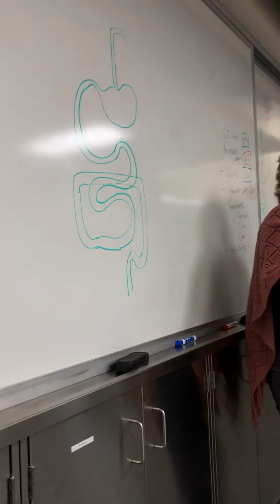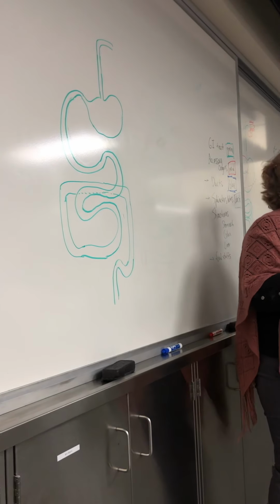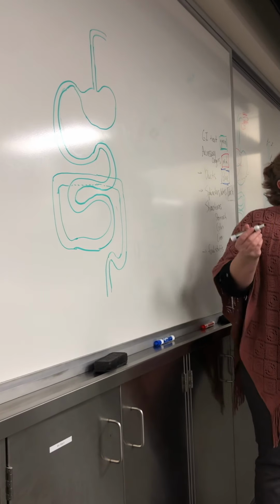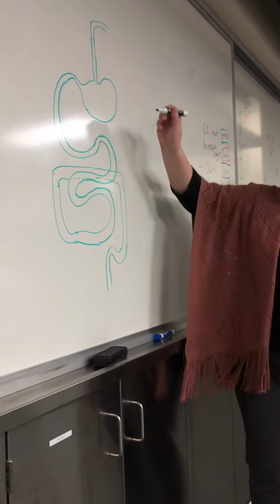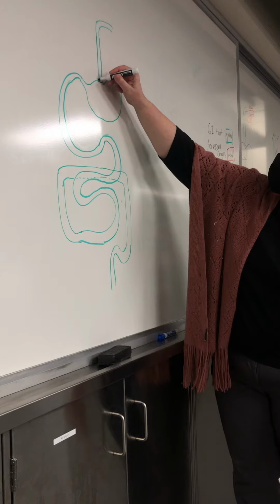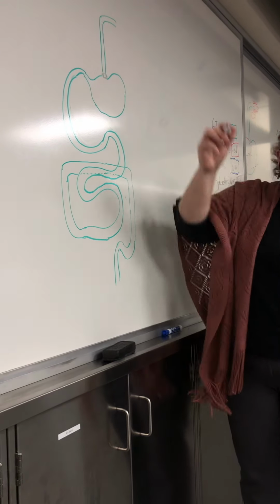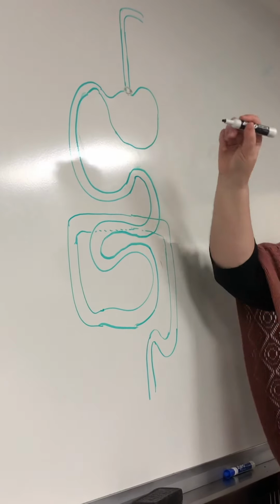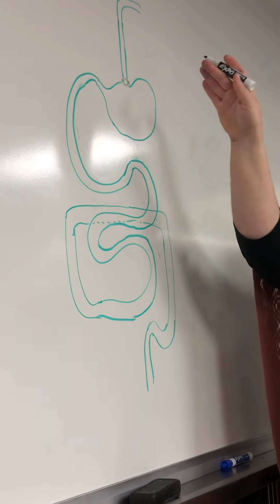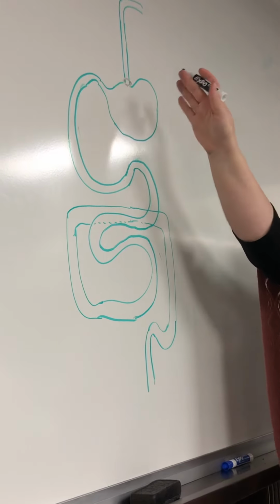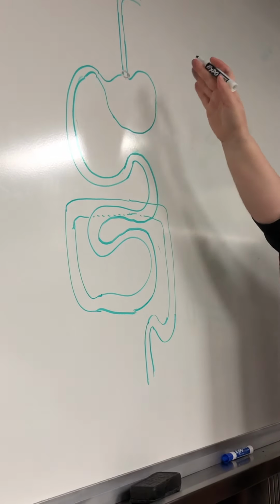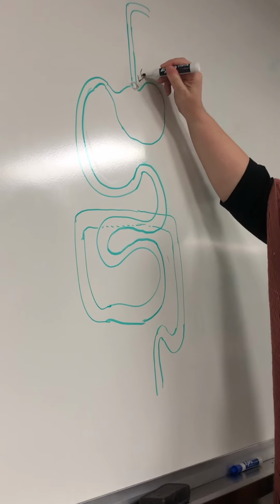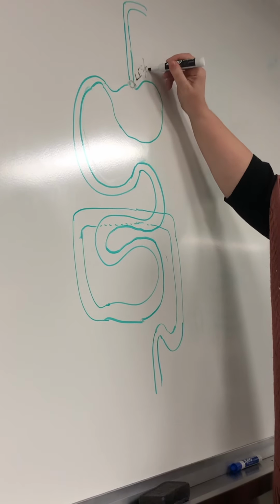All right, the first sphincter I want you to pay attention to is one that isn't labeled in your book specifically in any of the pictures that I've seen. It is a really important one though. It is right here. So I'm just going to draw a circle right here. This is a sphincter called the lower esophageal sphincter. Oftentimes it's also called the cardiac sphincter. So the lower esophageal sphincter or the cardiac